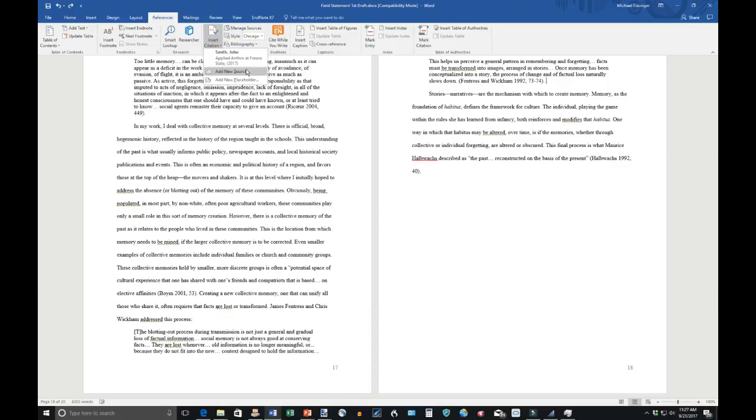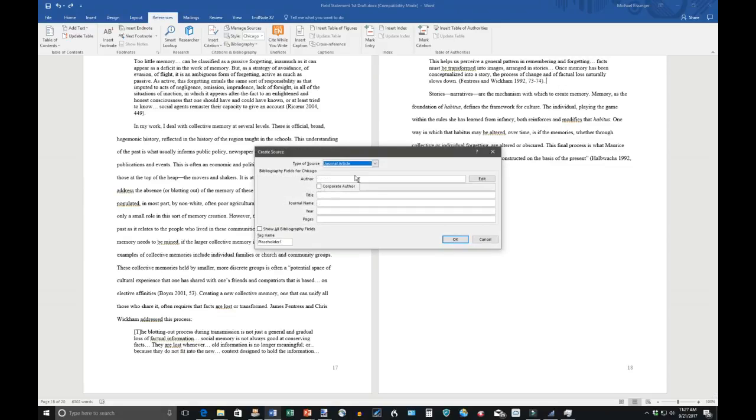But what I'm going to do now is add a new source, and let's put in Jones, James. It's not a corporate officer. It happens to be a journal article. You'll notice here you can set it for all kinds of stuff: books, book sections, journal article, article in a periodical, a whole bunch of different options. More than likely you're going to be doing either a book section or a journal article for anything in this particular class. So the title of this is going to be